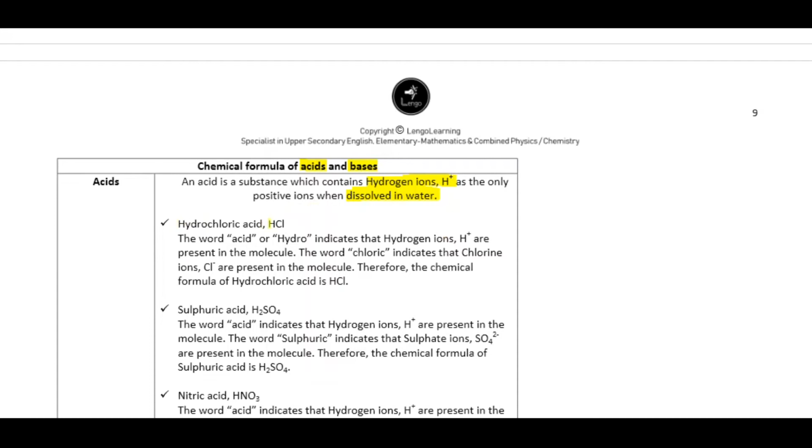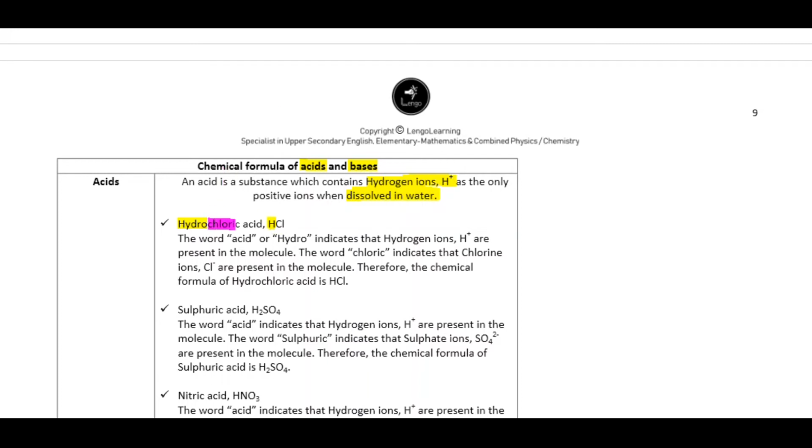Okay, just know that this hydrogen here is what is responsible for making it an acid, and therefore HCl is an acid that is called hydrochloric acid, right? So how do we actually name it and derive its chemical formula? The word hydro over here indicates that there's a hydrogen atom present, and the word chloric over here